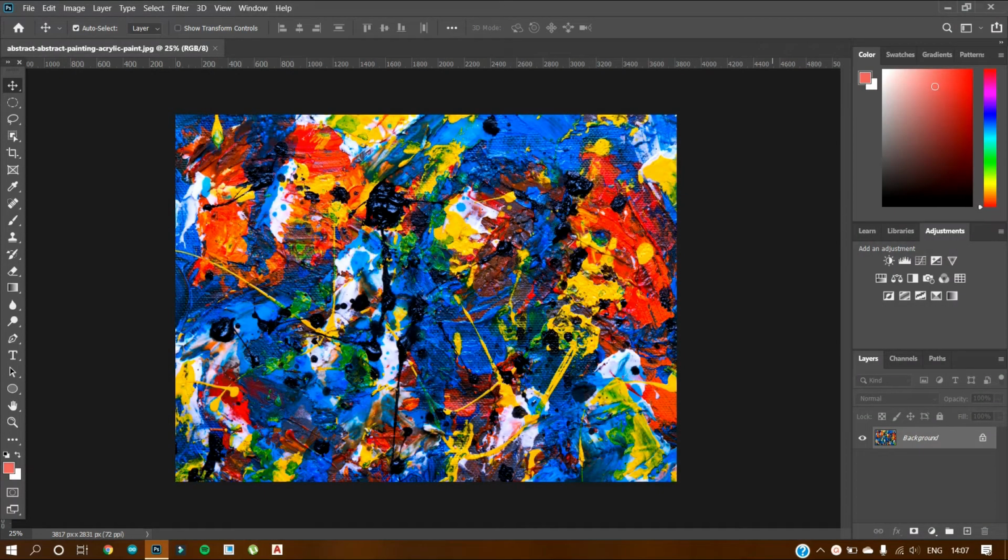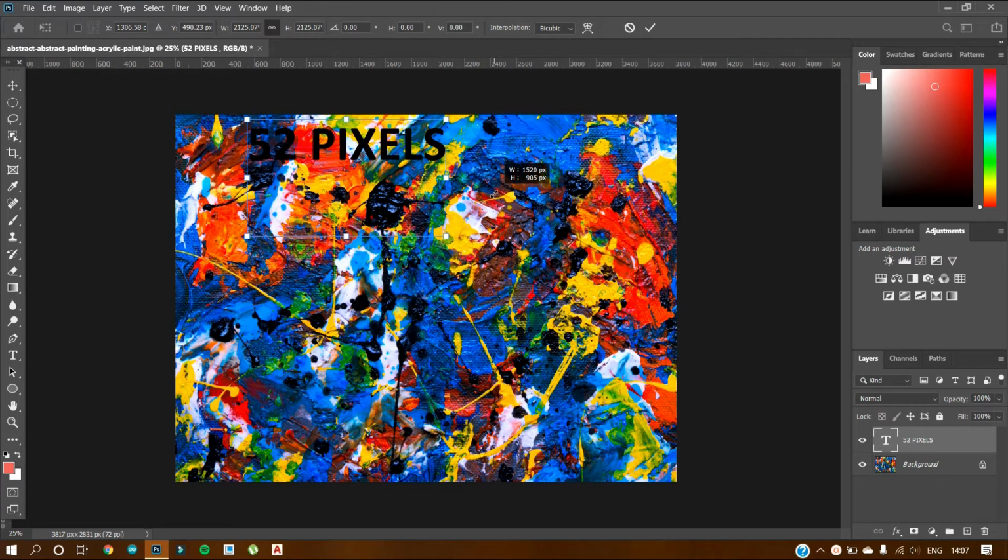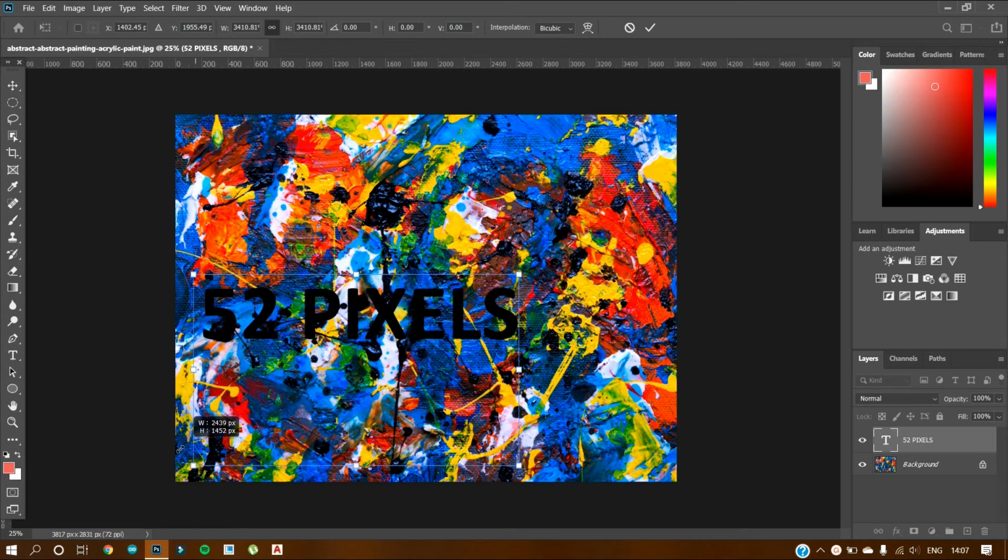So to start with, this is an image which we are going to work with, and to add text, go to the text icon here and start adding text. So maybe I add 52 and pixels. The size is pretty small, so just first press enter, or maybe move it and then press Ctrl plus T and increase the size. So this is our text, 52 pixels,